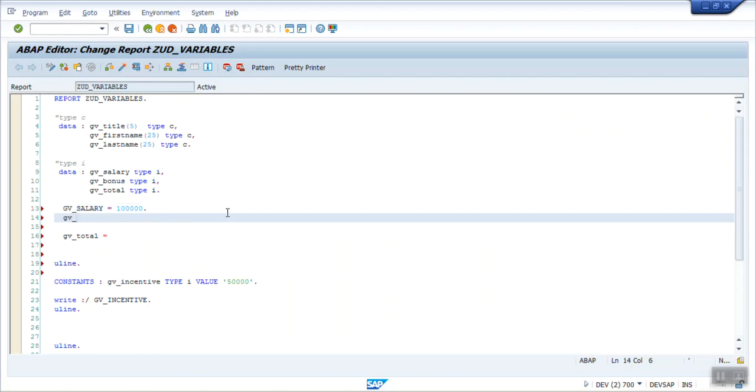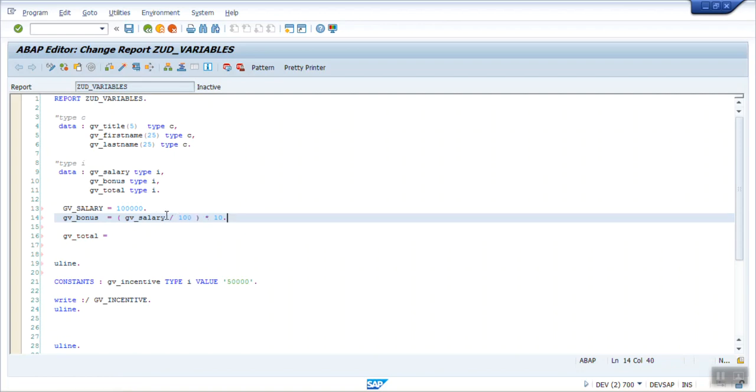So let's say my bonus is equal to GV underscore salary. The bonus will be 10% of this, multiplied by 10. Okay, so this is an example of arithmetic operations.